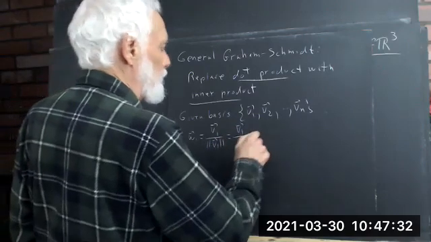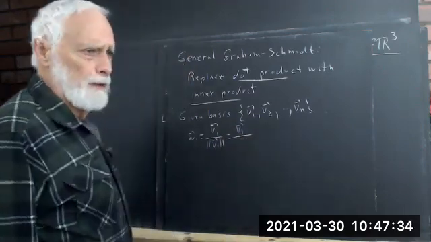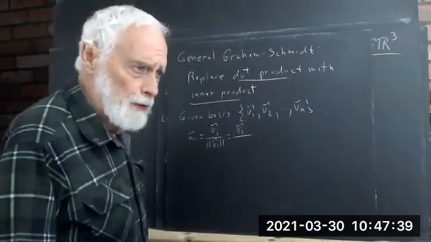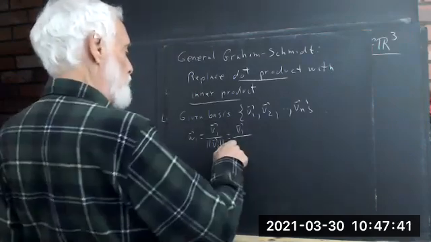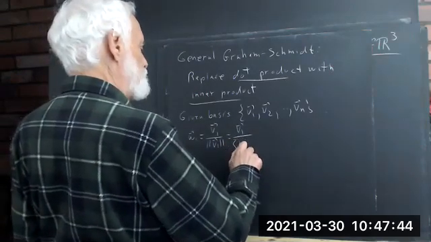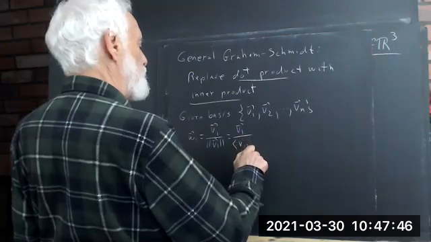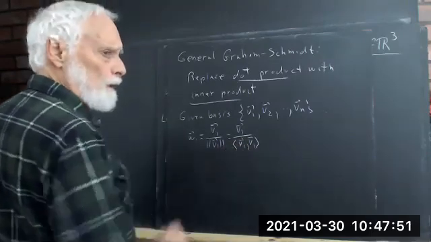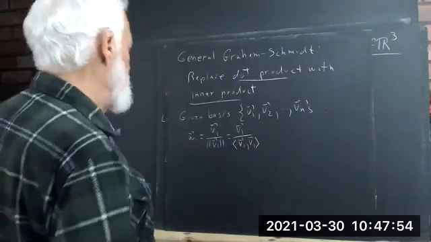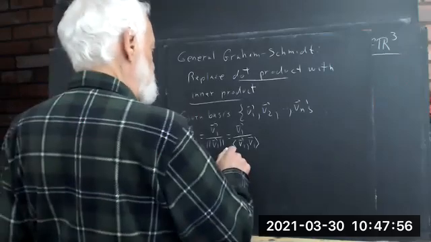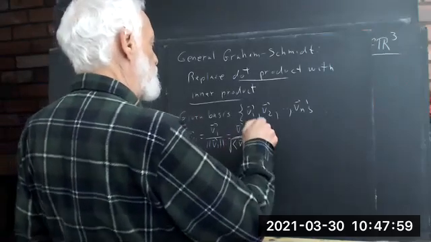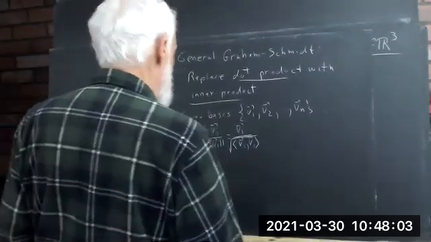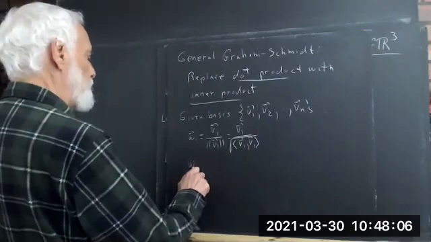I think the notation your text uses for a general inner product is pointy braces with the two vectors. Down here it would be the square root of this inner product. So there's your W1, then W2, well,